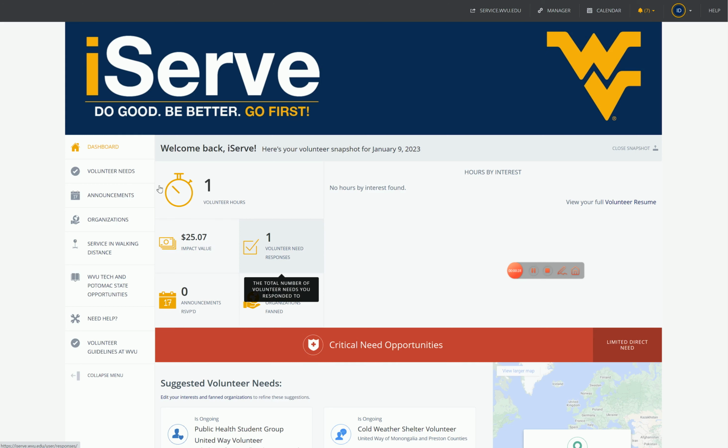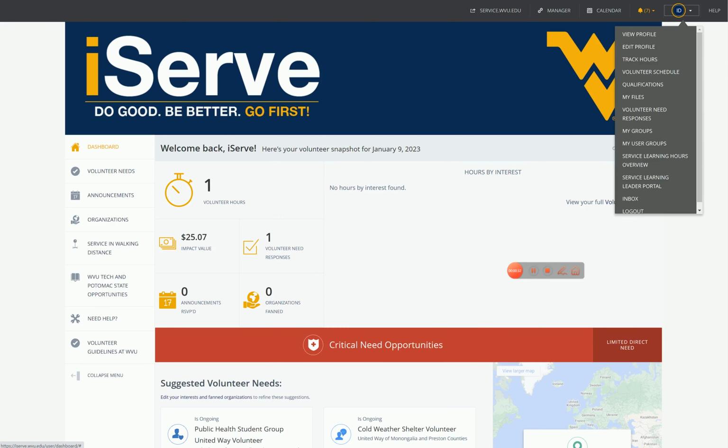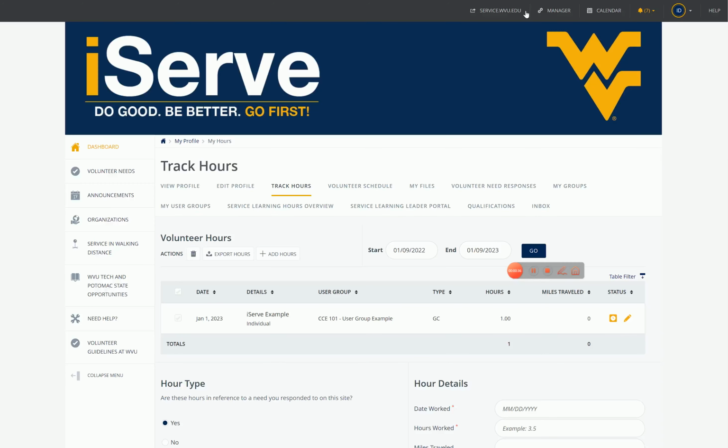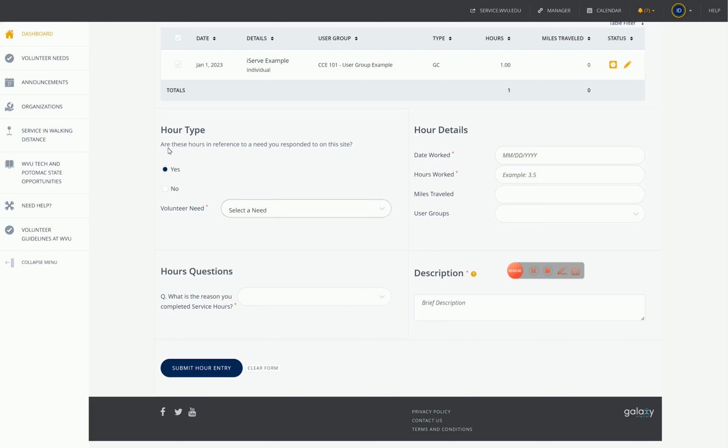and track your hours. In order to do this, you'll navigate to the top right of the page, select the drop-down arrow, and go to Track Hours. From here, you'll go to Add Hours, or you can scroll down until you see Hour Type, Hour Details, Hour Questions, and Description. The hour type is in reference to a volunteer need that you may have responded to on